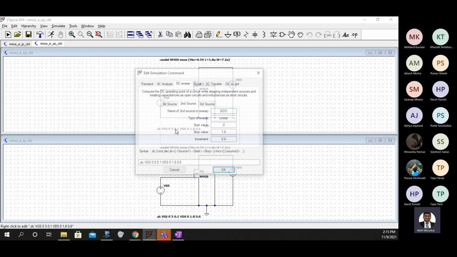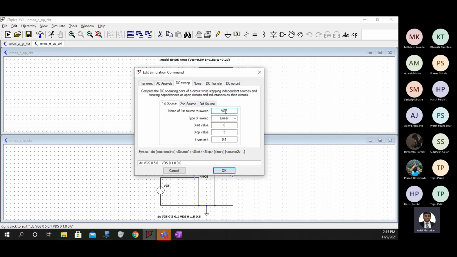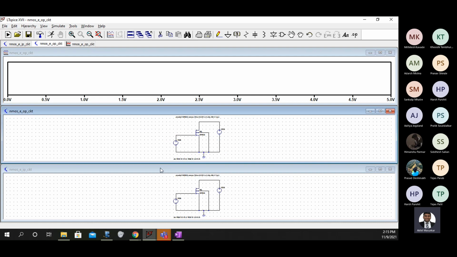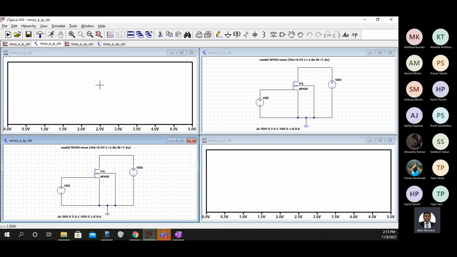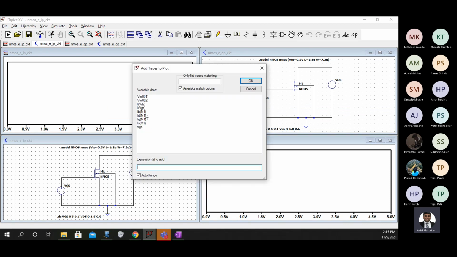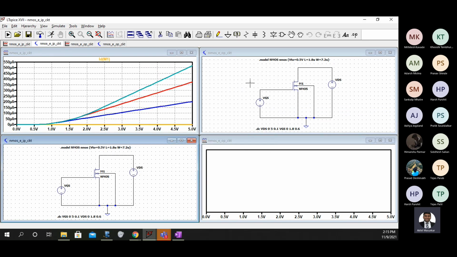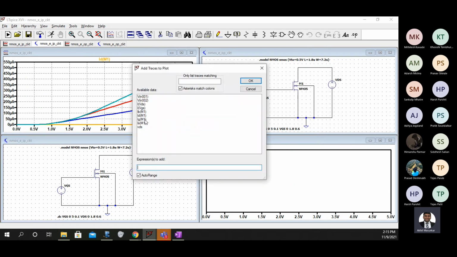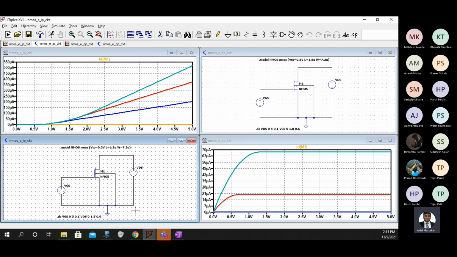So in this case also we are only going to make VGS as VDS, and in the second source we will make this VDS as VGS. That's it. And if you try to simulate this now, in both the cases, if I add ID in one case, I'll get input characteristics, and in the other case I'll get the output characteristics.